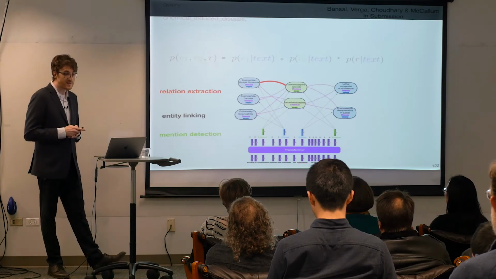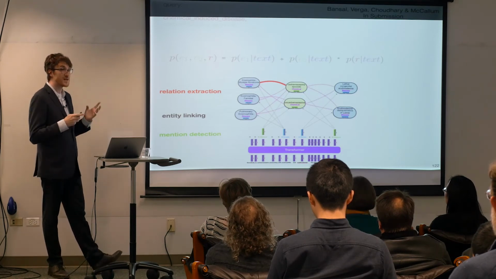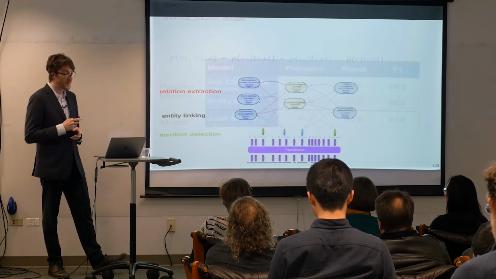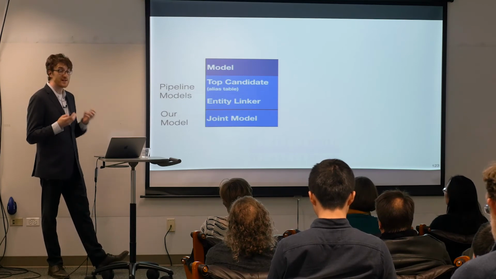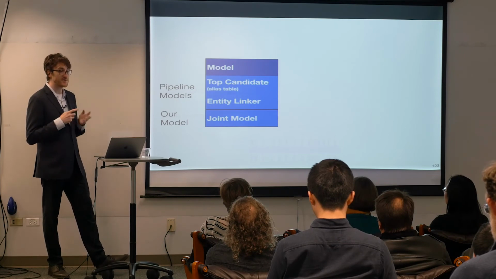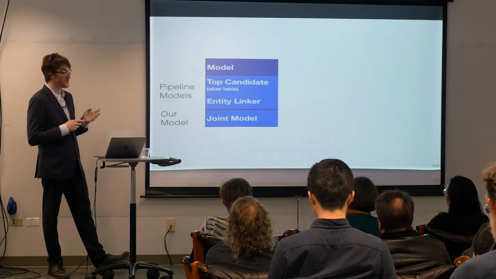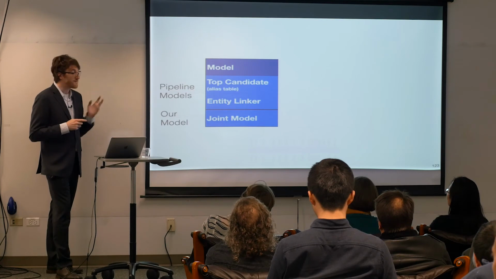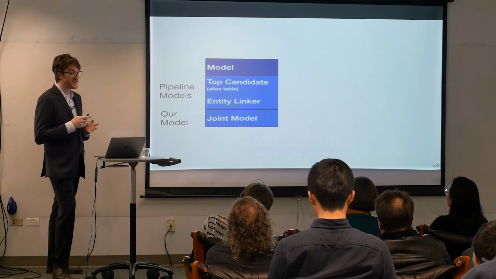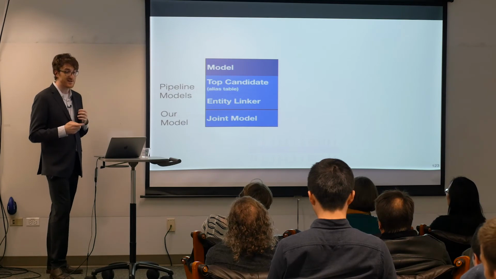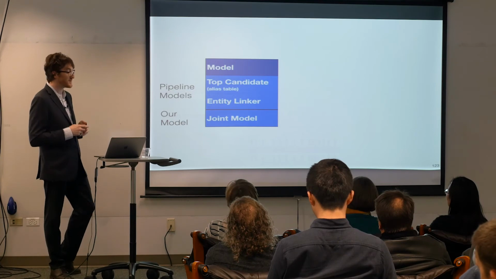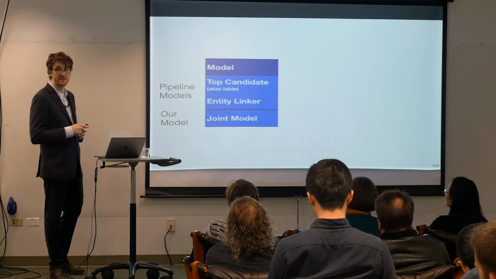So we evaluated the model's ability to predict entity-level relationships, which again meant that it required both the correct entity linking decision as well as the correct relation decision. And we compared our model that does the linking and relation extraction jointly against two different pipeline approaches. And these pipeline approaches are going to consume hard entity linking decisions from some external model. Other than that, all the model architectures are going to be the same. And the first row here is labeled top candidate takes the most likely entity from an alias table. So this is just based on the actual string of the entity mention. And the second row is going to take linking decisions from some high-performing trained external entity linking model.